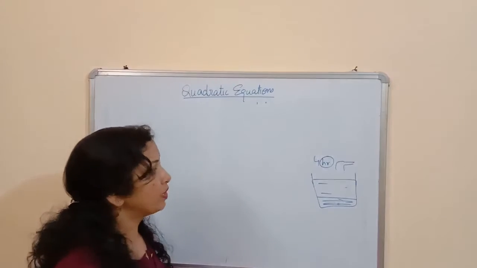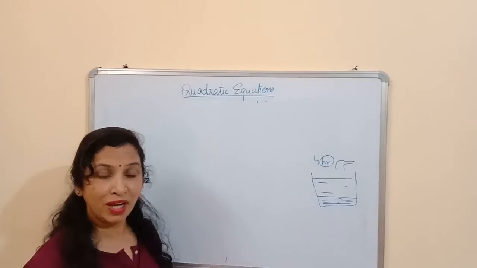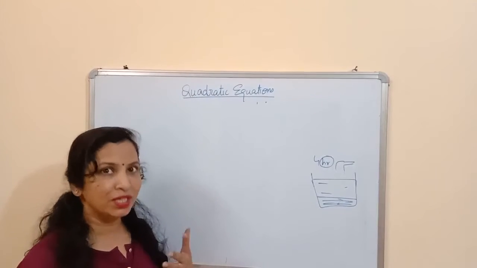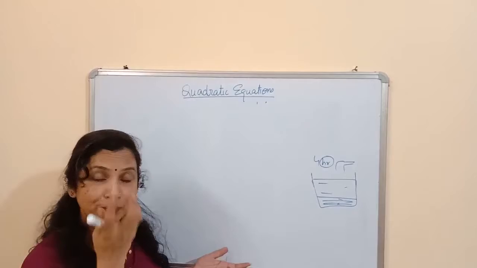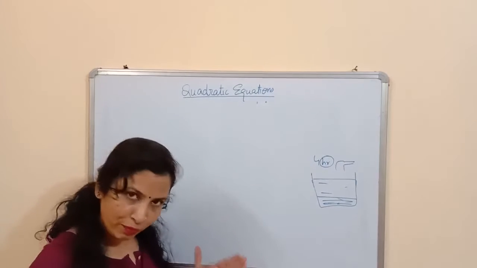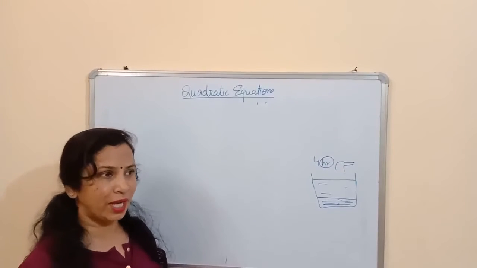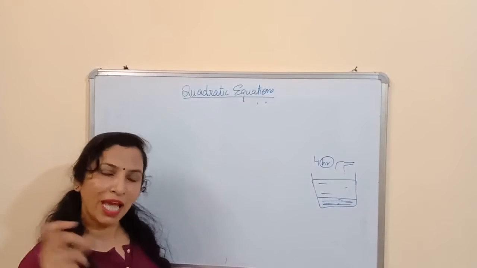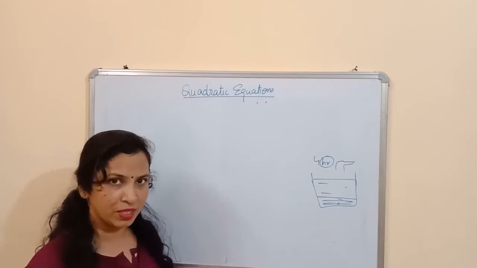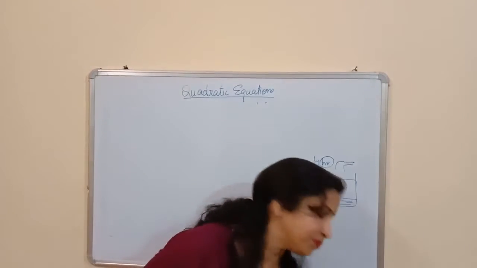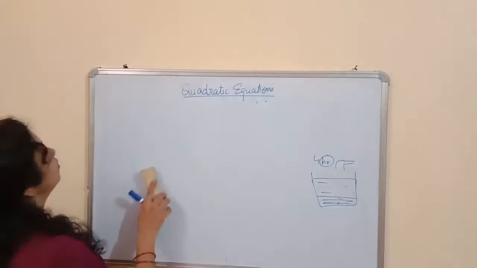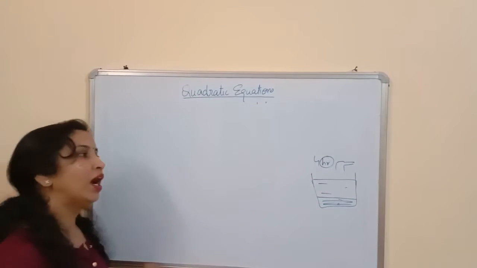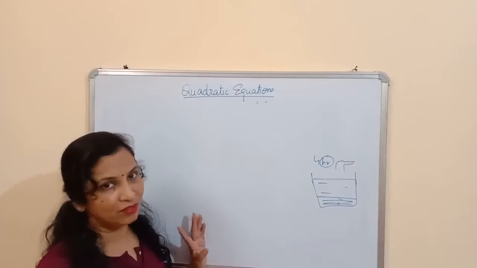But suppose we are applying the 2 taps together, then how can you find out how much time was taken by both the taps to fill the tank together? So for these types of questions, first we have to find the part of the tank which is filled by each tap in 1 hour. So remember this thing. In such questions we have to find out how much part of the tank will be filled in 1 hour.